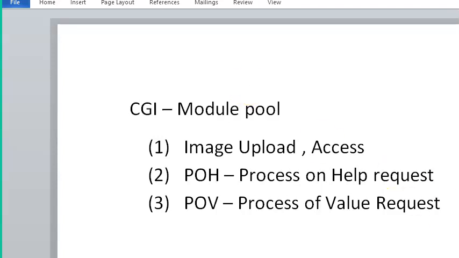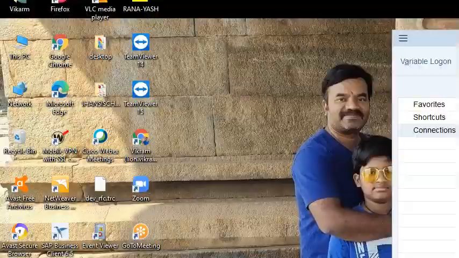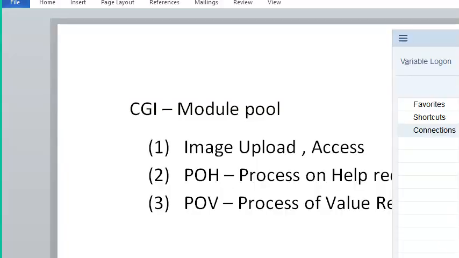So in this particular session, we'll discuss the process on help request, wherein we are going to maintain help. What is the help request? It is used if you need some documentation. Let's say somebody is clicking on a particular field, and the end user wants to know more details about it, then they can go ahead with this process on help request. So for that, let me open the system and start